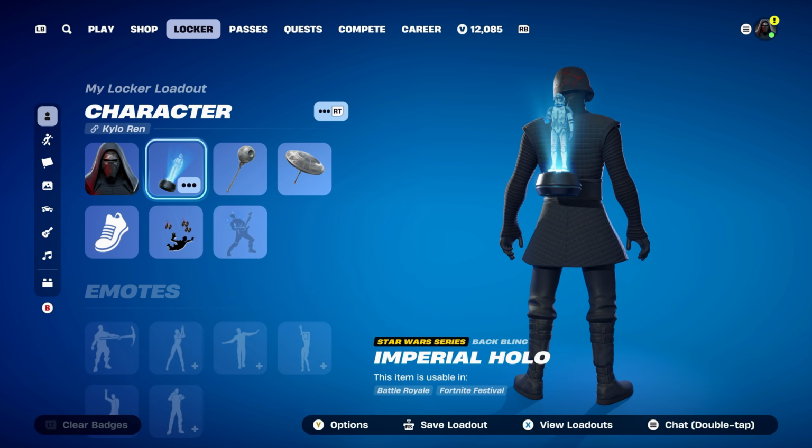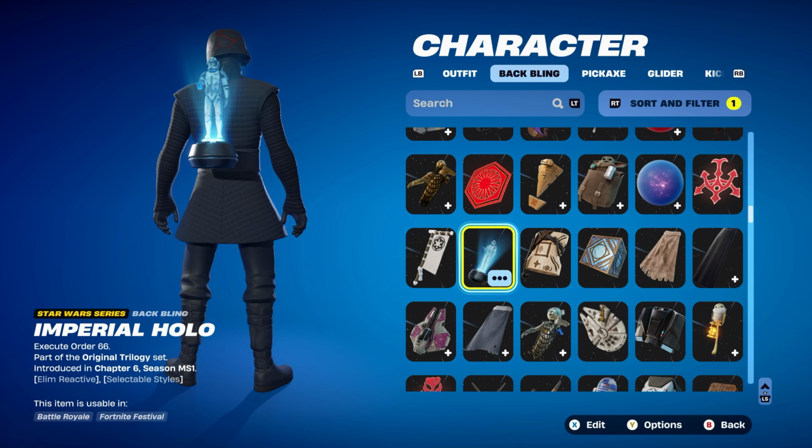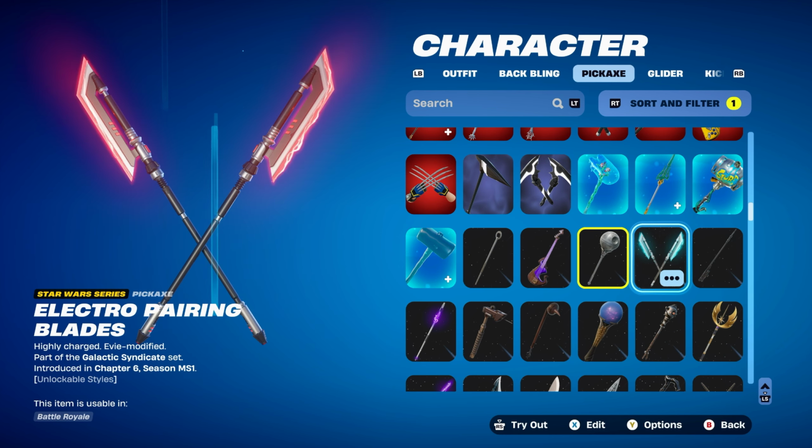which can either be the Battle Pass, item shop, or challenge rewards, for example the ranked urgent quests. Back Bling is the Imperial Hollow, part of the original Trilogy Set, introduced in this season's Battle Pass, and is Emperor Palpatine's Back Bling. Pickaxe is Death Star Smasher. You get this from the ranked urgent quest for completing enough of them. You can also use the Electro Repair and Blades for the Sith Star if you don't have the Death Star